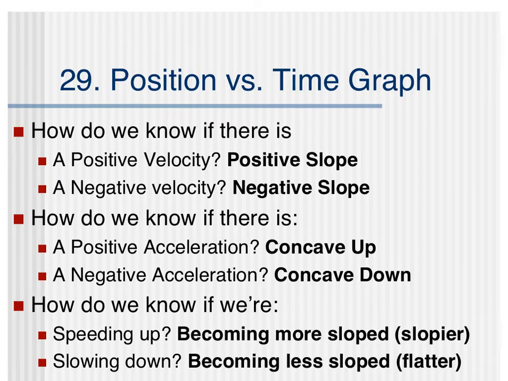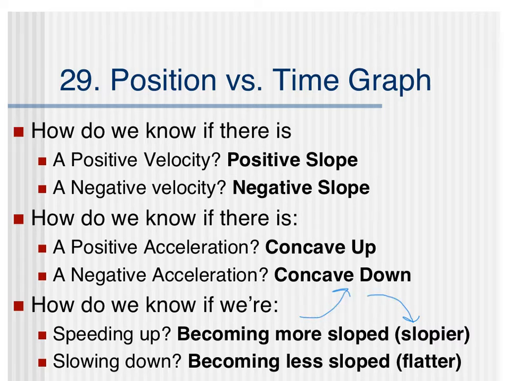And what we're looking at there, if we want to not worry about finding the sign of our velocity and our acceleration first, is we're going to look at whether or not our graph is becoming more sloped or less sloped, aka slopier or flatter. So we know that the slope is the velocity. So if we have a situation where our slope is looking like that, or maybe it's going down and becoming more slopier that way,